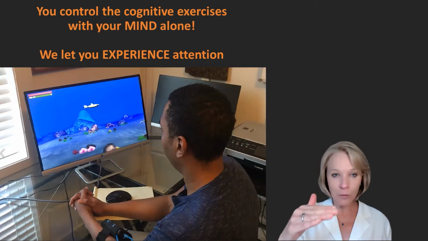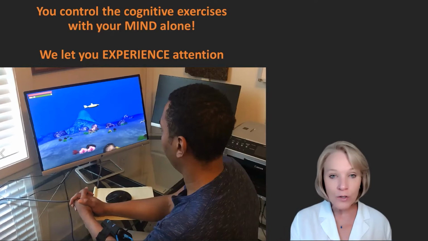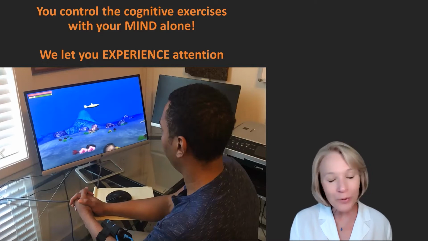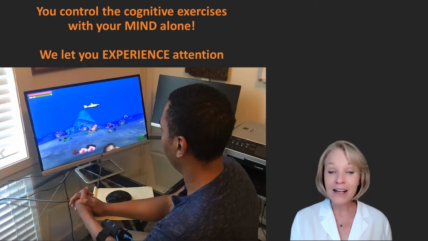Immediately, that character will start to float up because he's no longer as attentive. And then he knows he has to control that behavior, control that daydream, and focus back in order to continue. So that's really empowering. Like we said, it gives you an experience of what it means to pay attention. And by providing you that constant and immediate feedback regarding your attentive state, you're able to develop the self-regulation and